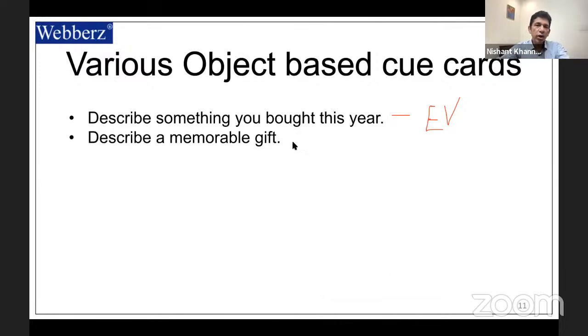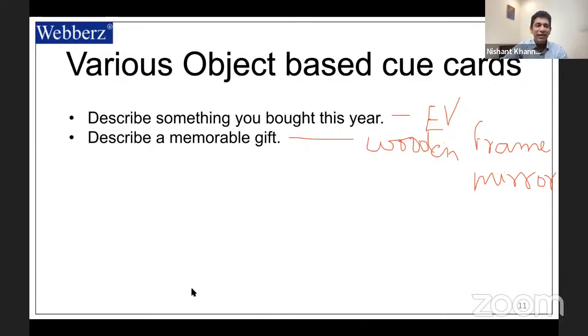Think of more. Somebody gave you a gift or you got the gift from somebody. A memorable gift. So think of something which is very creative, which no other person can think of. Talk like that. A wooden mirror, right? A very interesting idea, Kirandeep Kaur, very good. A wooden frame mirror. Nice idea. I love the idea. It is something different. When things are different, it becomes very interesting.